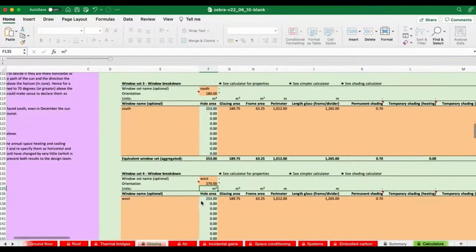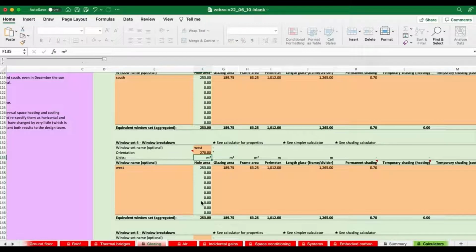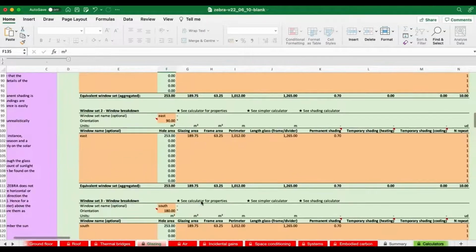And that's our windows specified. So it is the most difficult part, but it wasn't actually too painful, we hope.